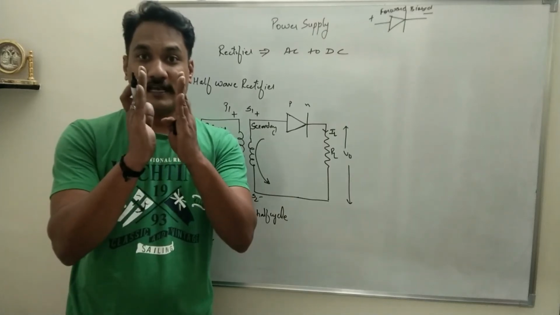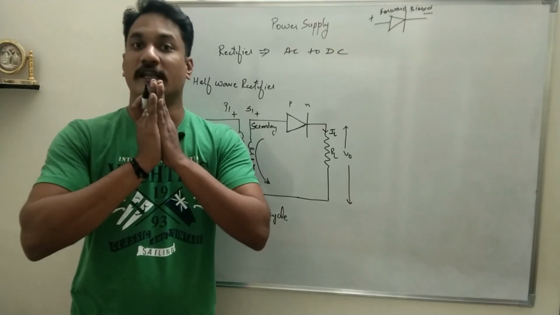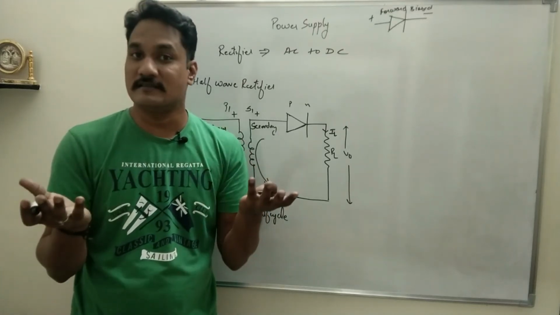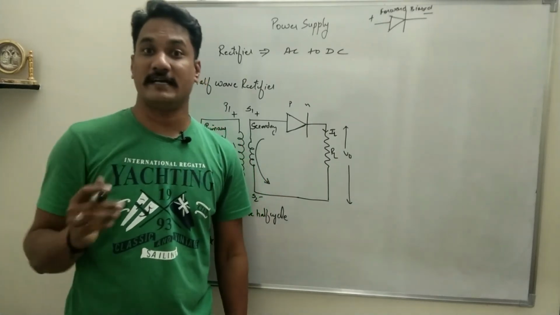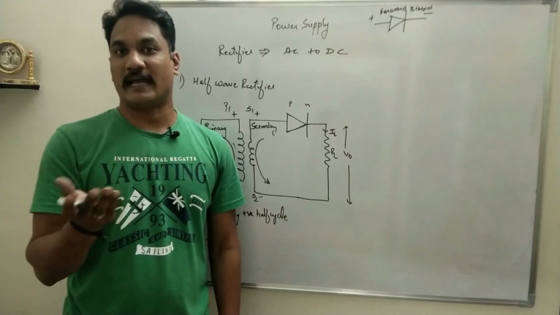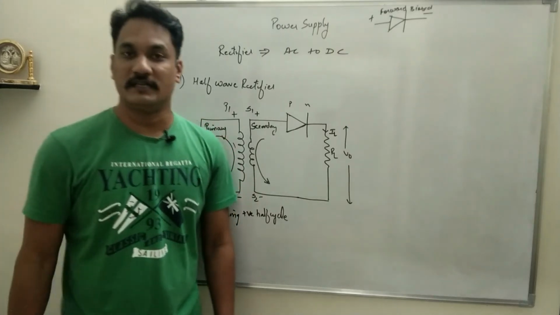So what happens to the layer? The layer will keep on shrinking, and at some point it will vanish. If it has vanished, there will be no resistance. That means during forward bias in a PN junction there is no resistance, right? It will act as a switch, an on switch. That means current will flow through the PN junction diode.